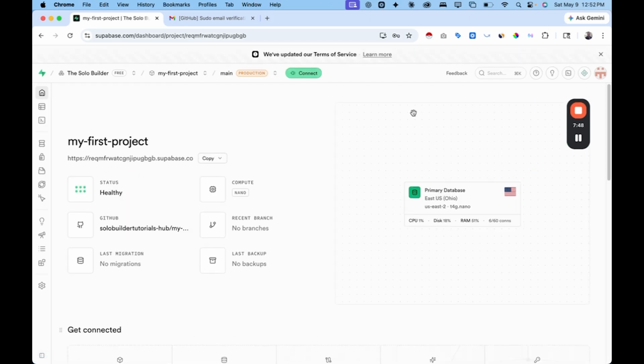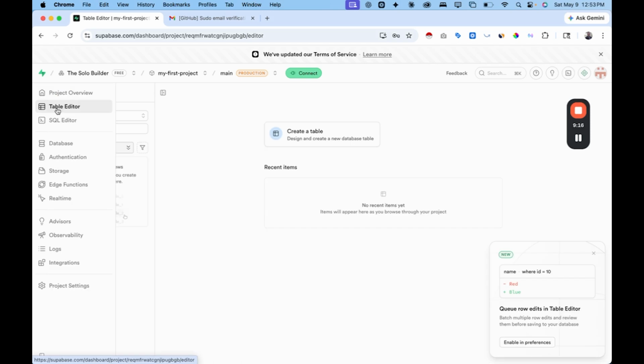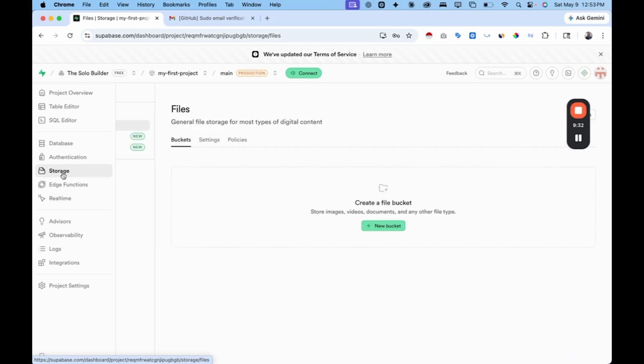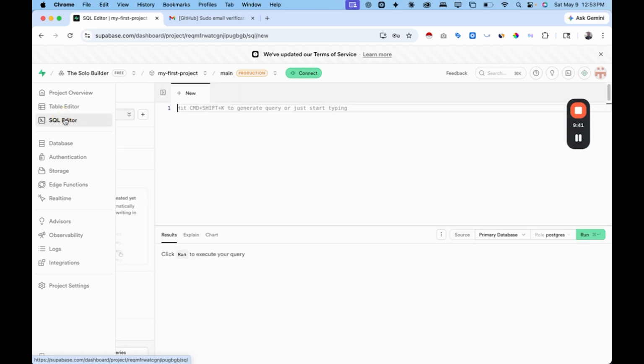All right, perfect. So now the next step is, let me just give you a little tour. This is where your data lives. Right now there's nothing here. We'll add tables in the next video. Authentication. User signups and logins handled automatically. Email, authentication, magic links, all built into the system. Storage, file uploads, images, documents, anything the user needs to store will be here. SQL editor. If you know SQL, you can run queries directly here. If you don't, Codex can write them for you, and this is where you will put them